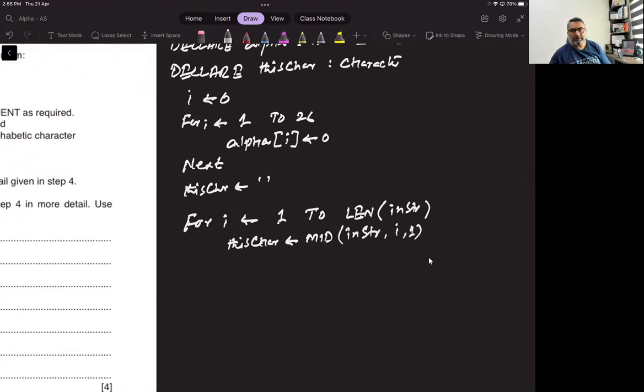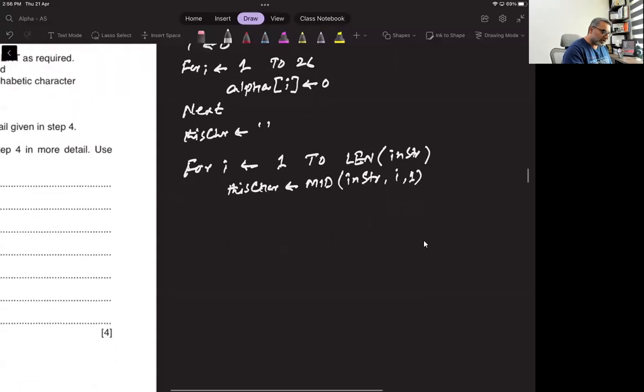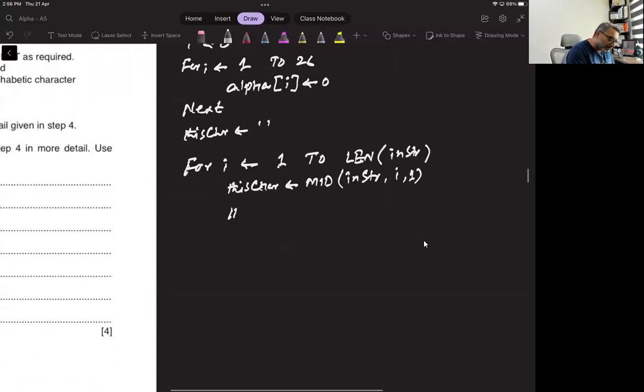What this function will do is read in a string one character at a time from the ith location. So if it is my name Zafar, when I is 1 only Z will be picked up, because this tells how many characters, and this tells from where. So from 1 to 1, from 2 to 1, from 3 to 1, means from the third character, one character will be picked up. And then we have to check if this character